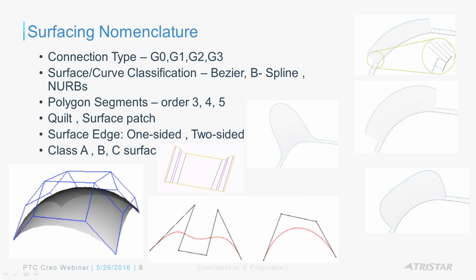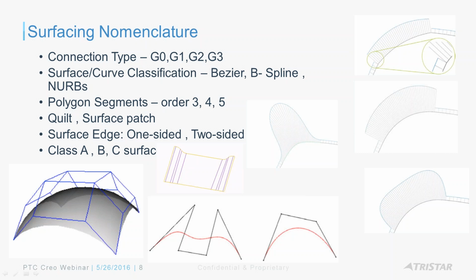Really the goal is being to create a very smooth quilt, right? When we say quilt in Creo, as you know, we are talking about a group of stitched surfaces where you can select that quilt. Depending on if it's open or closed, you can solidify it, thicken it, what have you, right? Now, as for the connectivity itself, right,